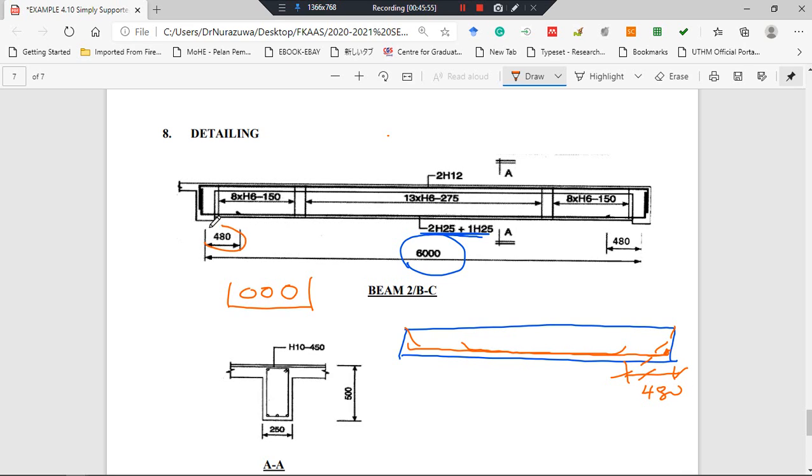So this is 480. Later you can refer to chapter 4 part 2 for how we calculate this cutting point. So we provide here 3H25, and here is